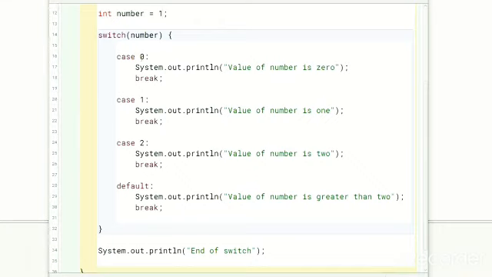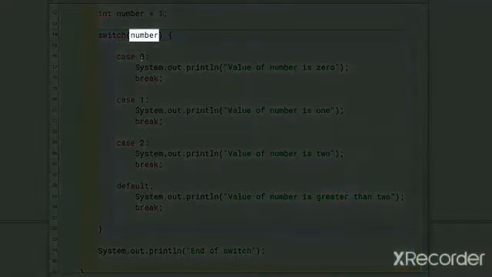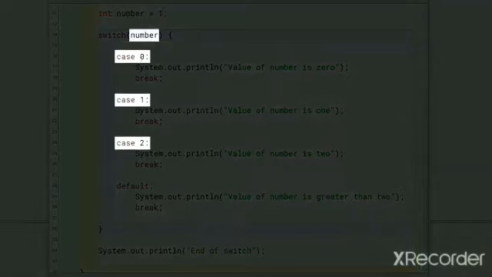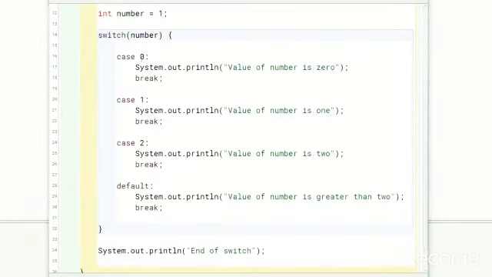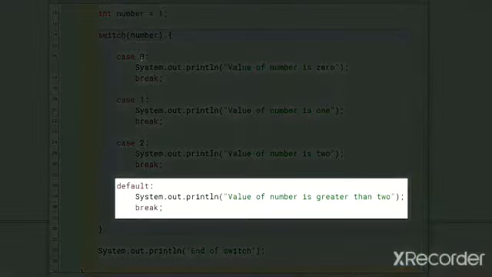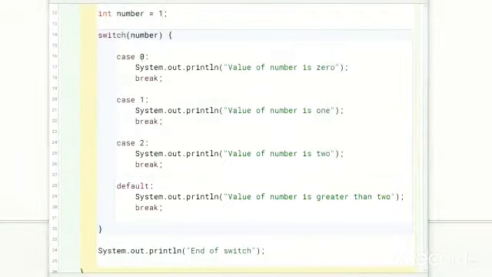Now we have some understanding of the syntax of switch statement. Next, let's try to understand how it works. The switch statement takes the value of the expression and tests it for equality against each of the values specified in the case statements. If it finds a match, then the statements following the case statements are executed. If none of the case values match the value of the expression, then the statements in the default case are executed. However, the default case is optional. If no cases match and no default is present, then none of the statements from switch are executed.